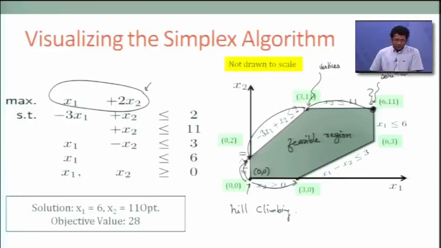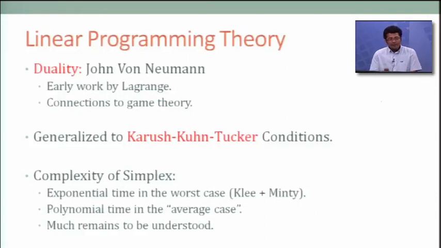Very good. And then simplex was much improved by considering duality theory. Duality is something that we will also spend quite some time learning, and it's very important in optimization. Understanding the dual is often very important in solving an optimization problem. This comes from early work by Lagrange. It's called the Lagrangian dual for a reason. Lagrange was a French mathematician, a long time ago, and it comes from very early work by Lagrange,